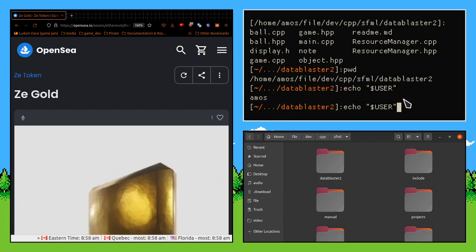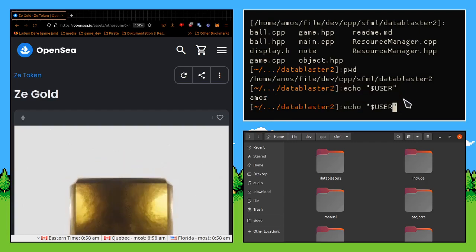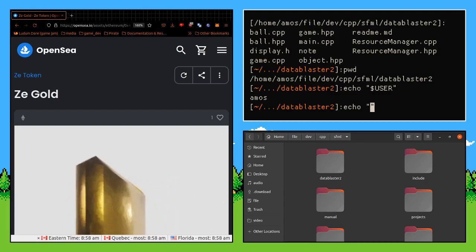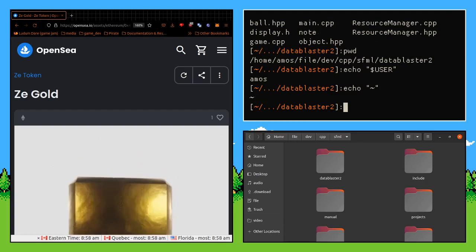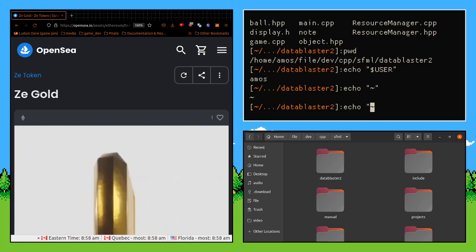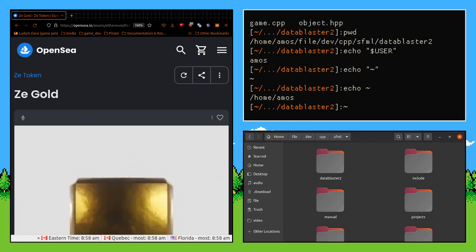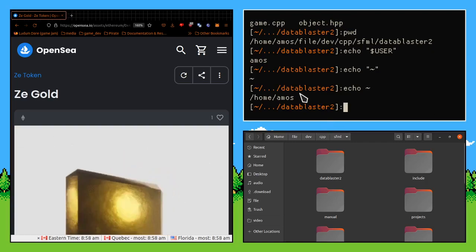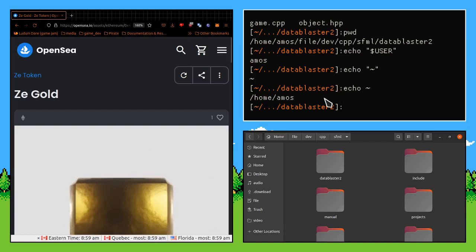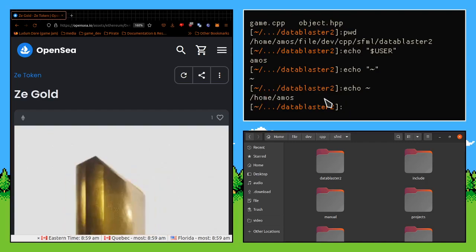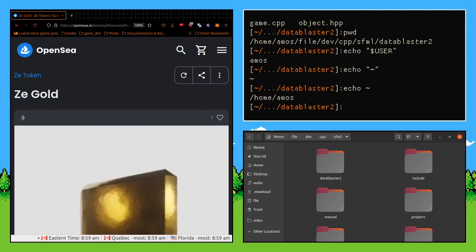And if I wanted my home slash user, normally it's the tilde sign. So if I don't put this, there you go. So the tilde sign will give you your home slash user, and it's quicker. You don't have to type the whole thing, because optimization is everywhere in Linux. And if you don't understand optimization, you don't understand why you should use Linux.